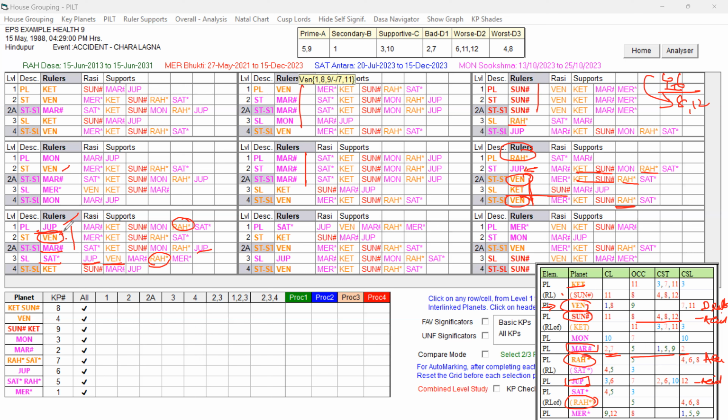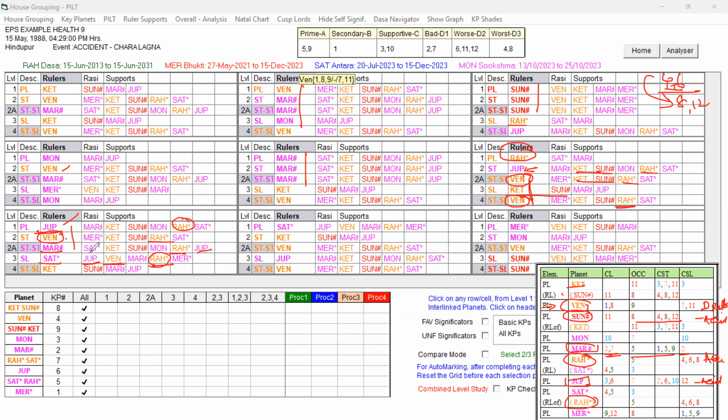So that way, this Jupiter through the star level, weak star level, on the unfavorable side, Venus is strongly favorable to the event and unfavorable to the Lagna. Star level is Venus, unfavorable key planet of the Dasa Lord. That Rahu itself is playing a role at the sub-level and ruling the support of all levels. So Rahu Dasa, Jupiter Bukti, that Jupiter Bukti and Jupiter Antra itself is strong enough to